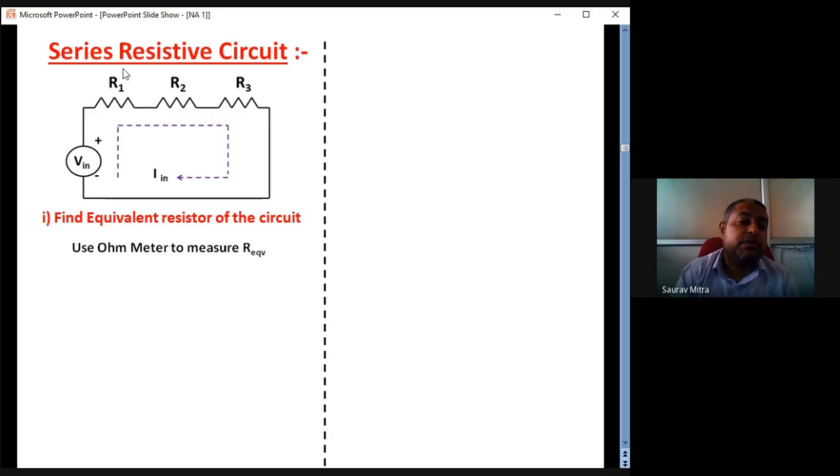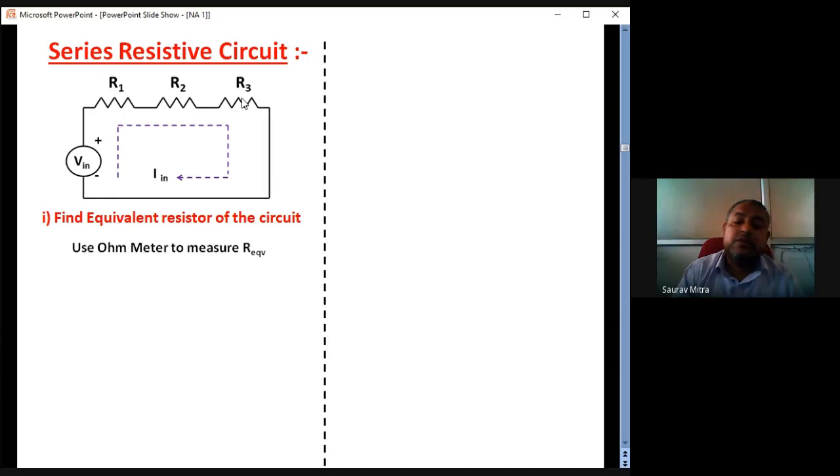While measuring resistances, there is a certain caution. If you want to measure the resistance R1, this is one component given to you. You connect the ohm meter across it. Obviously in that case the circuit is not built; it is not a closed circuit. A separate resistance is given to you, you connect the ohm meter across it and you get the resistance value. That is the practical resistance value. The theoretical value is 1000 ohm, the practical value may be 990 ohm. Then R2, theoretical value is 470 ohm, practical value may be 455 ohm. Then R3, theoretical value is 100 ohm, practical value may be 104 ohm.